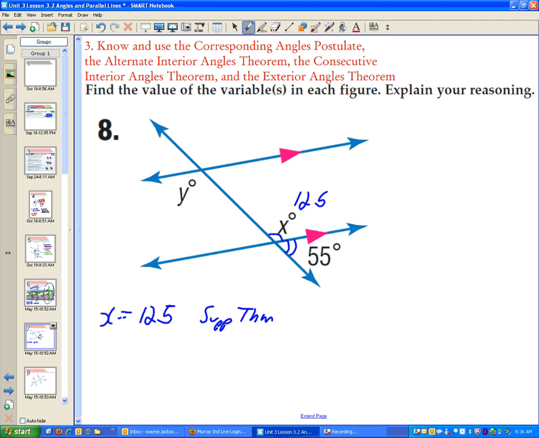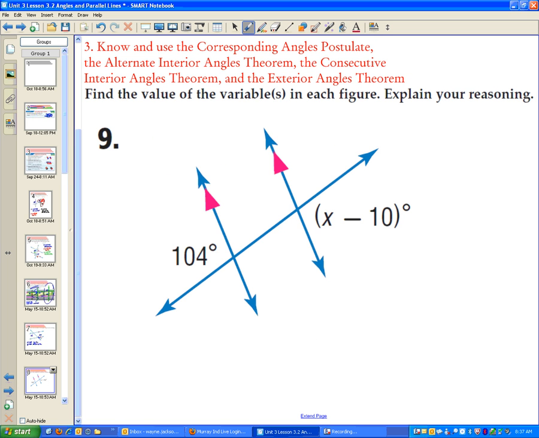All right, if x is 125, what's y? 125. And what theorem did I use there? Alternate interior angles theorem. All right, so 8 wasn't much of a challenge. Maybe 9 will be. We can only hope. All right, on number 9,